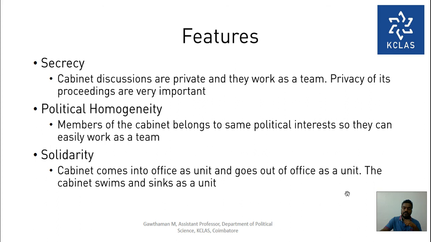So here we were discussing the parliamentary system of government, and two countries which are following the parliamentary system are India and Britain. Indians adopted this system from Great Britain, because India